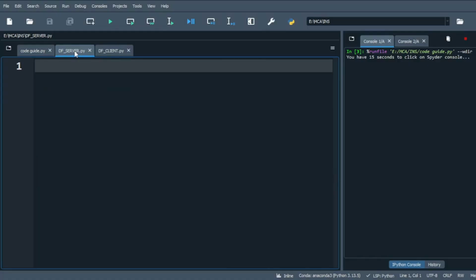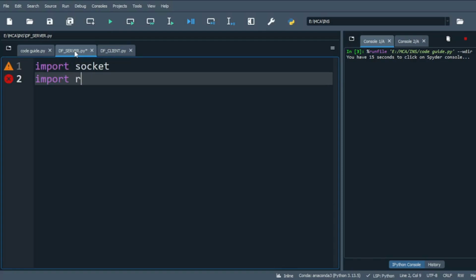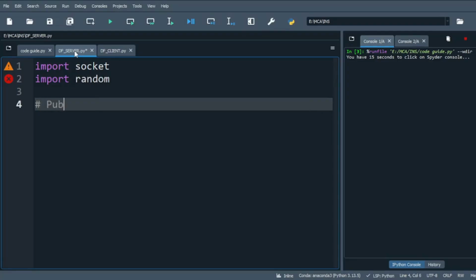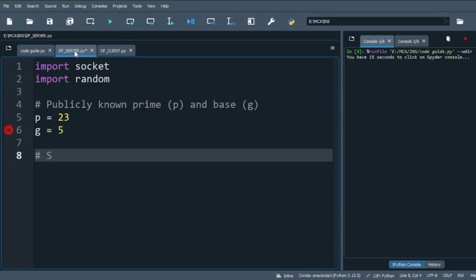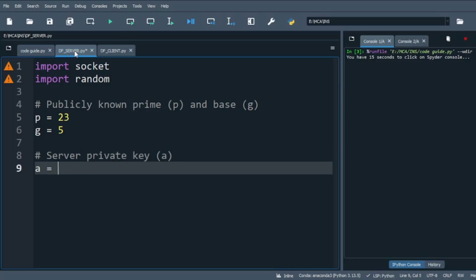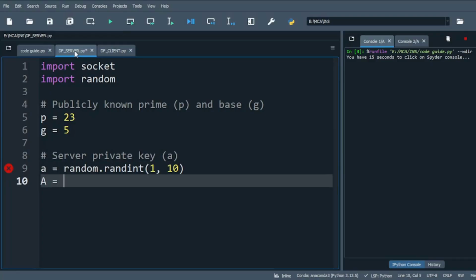Now let's look at the server code. To implement the Diffie-Hellman key exchange server code, we first import the socket library and then the random library. We first define the public prime number and the generator. For that, I declare one variable P, whose value is 23, and generator G equal to 5. Now the server private key a is generated. The server generates its private key a and computes its public key capital A equal to G raised to